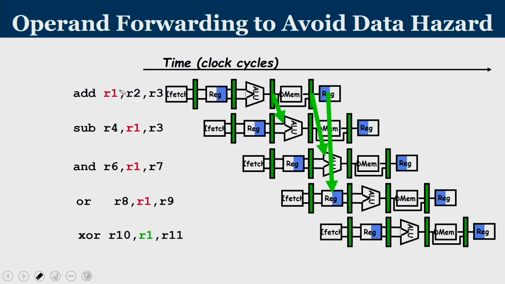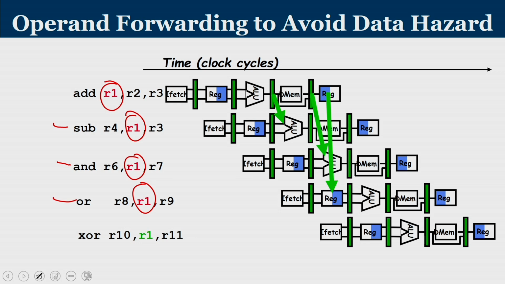So, consider the case in which we are going to have these 5 instructions that we have seen earlier, including the AND, OR and XOR instructions. You can see wherever there is this red color that has been marked, that indicates data dependency. Your result is going to be written in R1 and that result is used by the subsequent 3 instructions. In the time axis, they all happen before the writing of R1. In the normal case of a pipeline, the subtraction instruction reads R1 before the value of R1 is written by the add instruction. Similarly, the AND and OR instructions also read the value of R1 before writing happens in the first instruction.